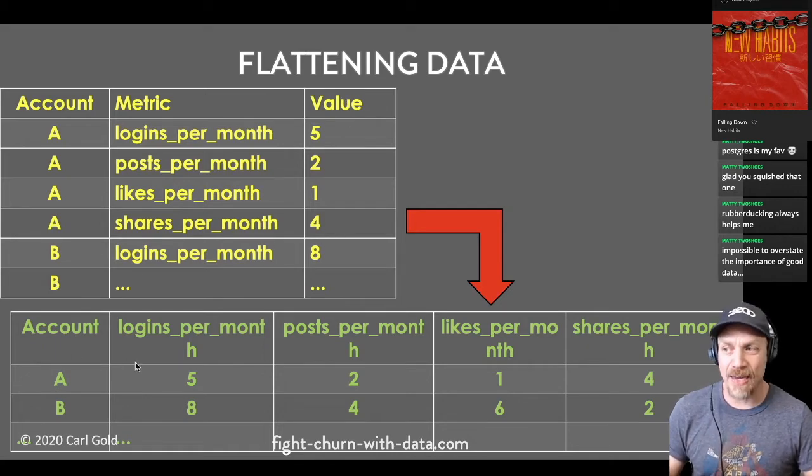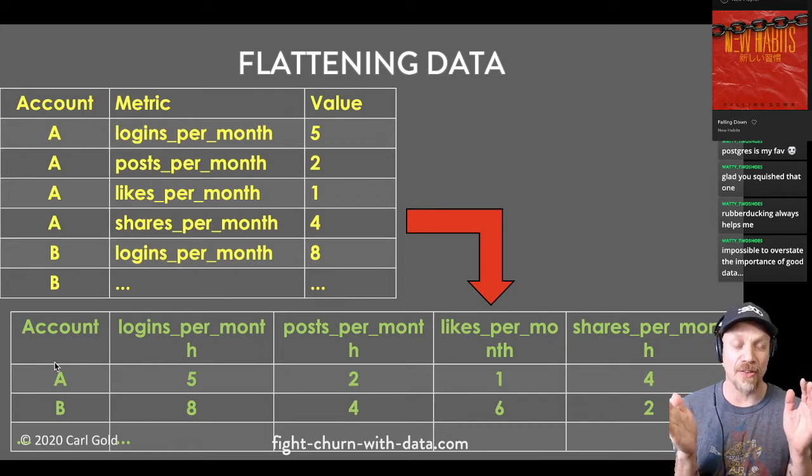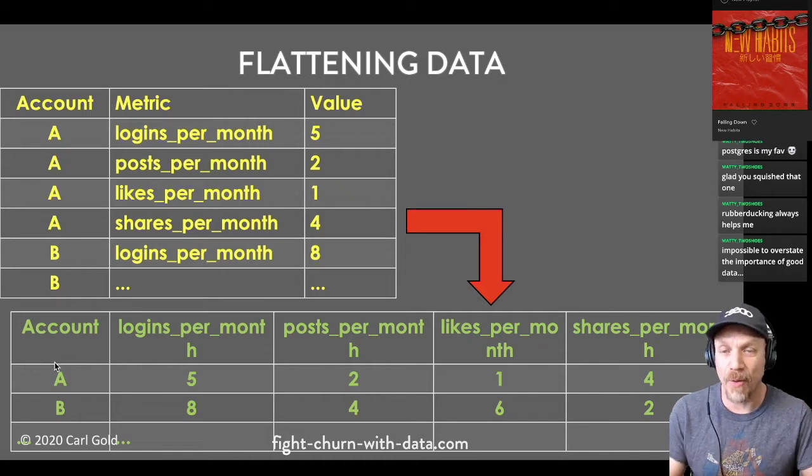But then in your data set, which we're going to create, you need all the values for the same metric in the same column for all customers. So the first column has to be all logins per month. The next column has to be all posts per month. The next column has to be et cetera, et cetera. This is called flattening the data because in your database, the data is in a tall format like this. And then in your data set, it gets wide because it's one column per variable. So it's sometimes called flattening.